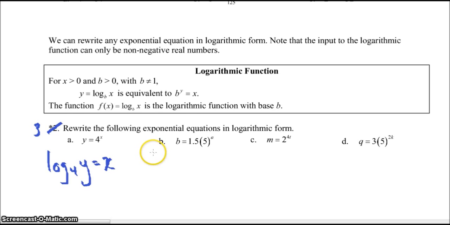Today somebody that I was tutoring said that they learned b is the base. I don't remember. Anyways,